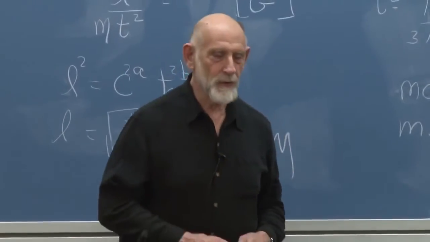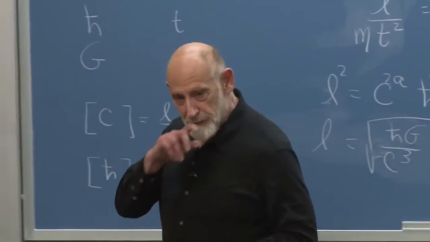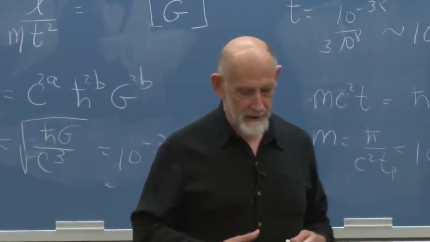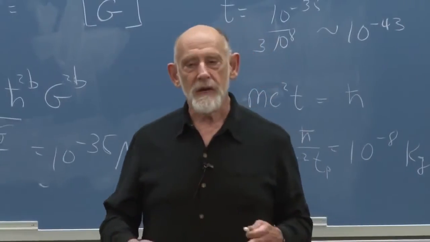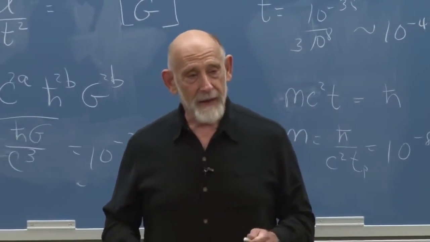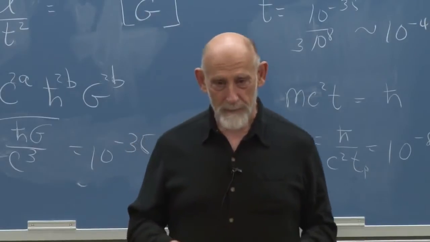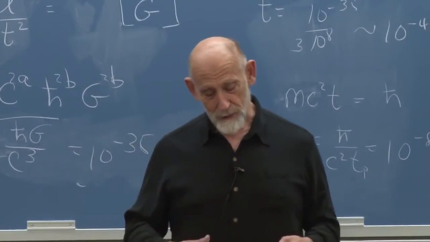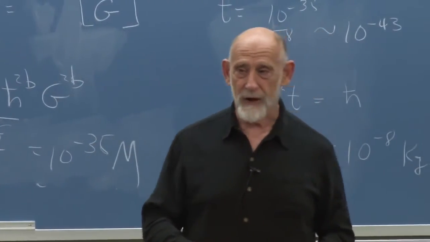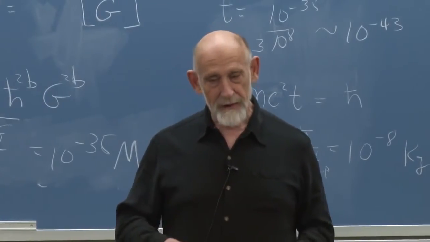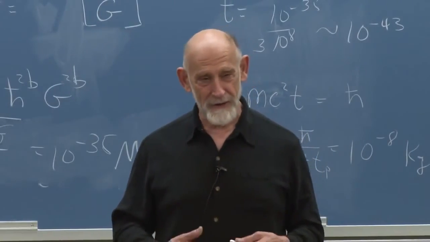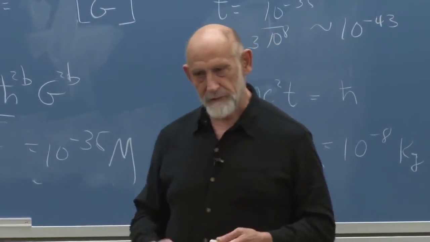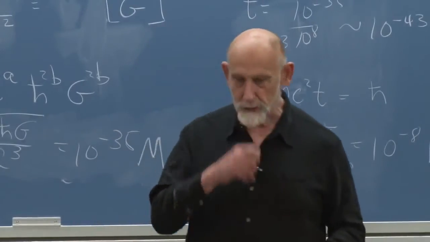Well, WIMP stands for weakly interacting massive particle. Weakly interacting means that it has cross-sections and properties consistent with the weak interactions. Now, the reason people want it to be a WIMP is because they want to be able to discover it in the laboratory. If the cross-sections and interactions with ordinary matter are much, much less than what is called weakly interacting, weakly interacting is not a generic term. It means some special number. If the cross-sections for scattering, if the influence and the interactions with ordinary matter are too weak, you'll never discover